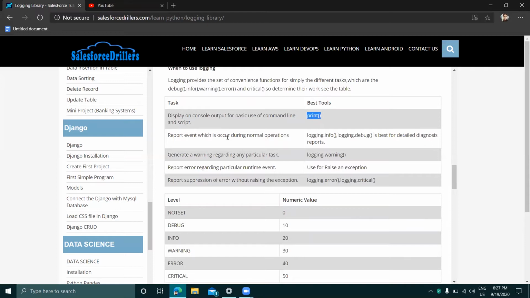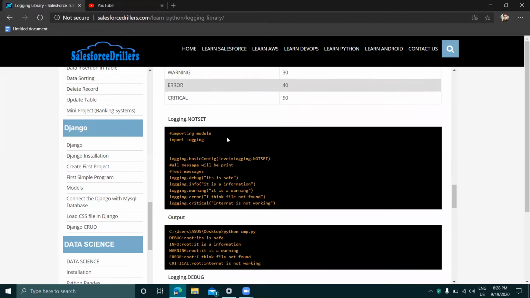To generate a warning regarding a particular task, we use logging.warning. To report an error regarding a particular runtime event, or to report the suppression of an error without raising an exception, we use logging.error and logging.critical.